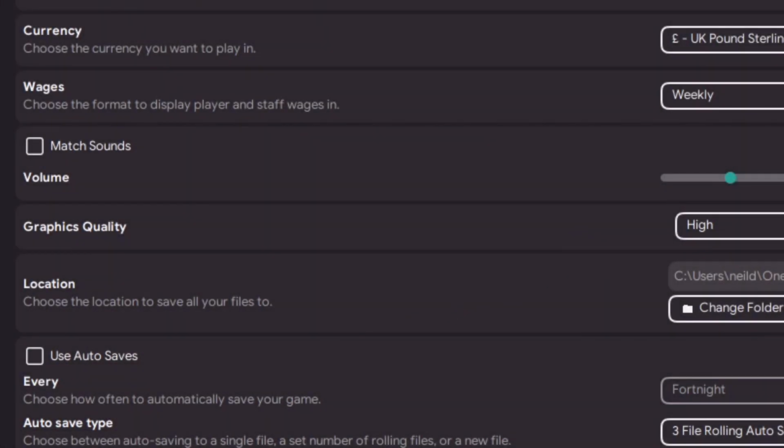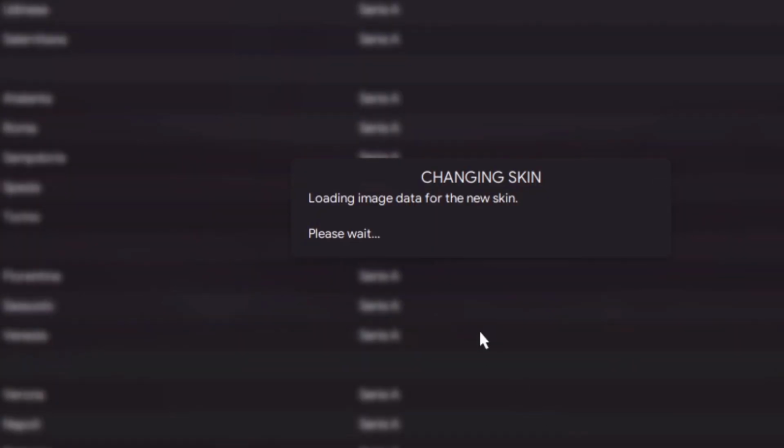That way, when we get to the end of the season, we can have exactly the same fixtures by reloading up. I've just got to remind myself to turn that bad boy back on for when I get into my game. Because if I lose all that...